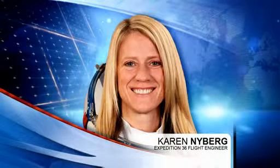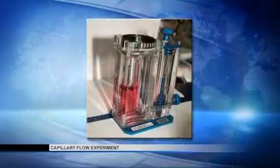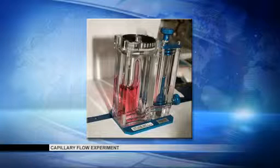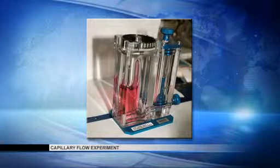Meanwhile, flight engineer Karen Nyberg is conducting a monthly inspection of the onboard treadmill. She's also busy working today with a fluids physics experiment known as capillary flow experiment. This study observes the behavior of fluids in microgravity. Results from this research could improve the design of fluid transfer systems on future spacecraft such as fuel and water